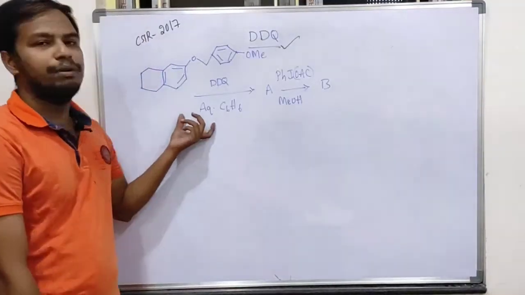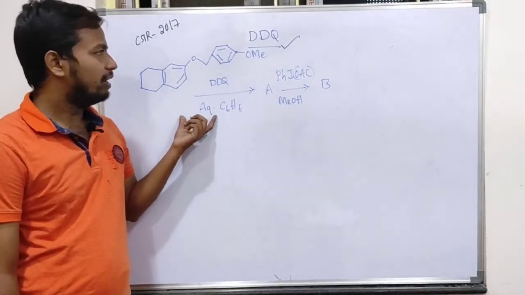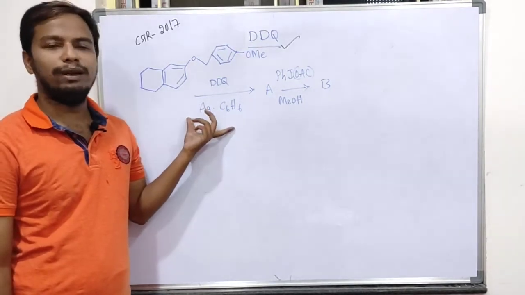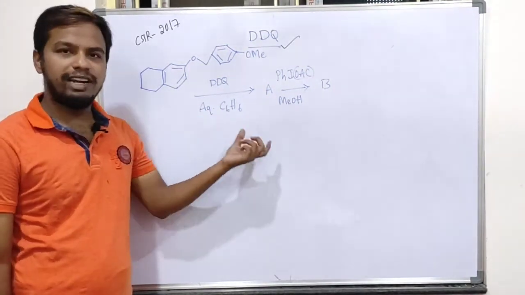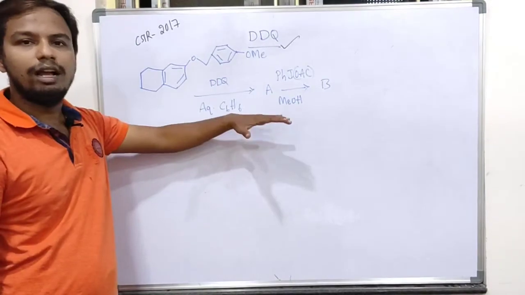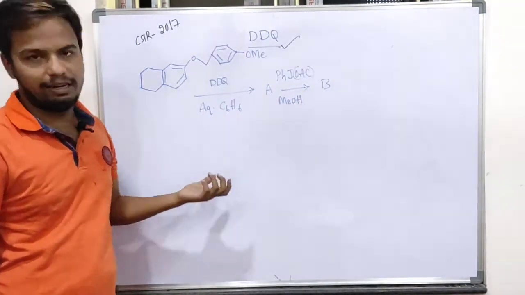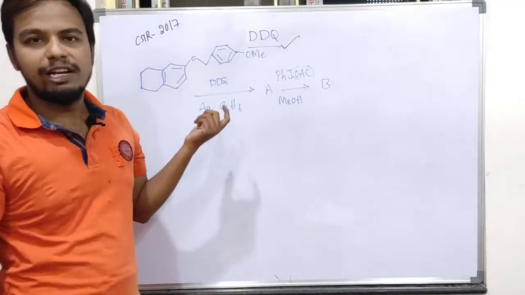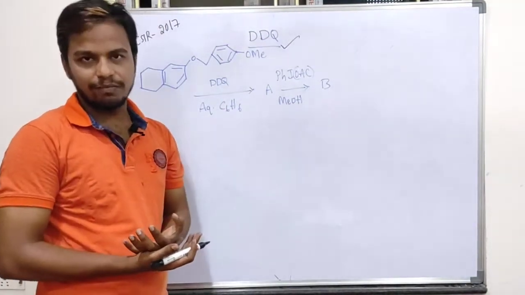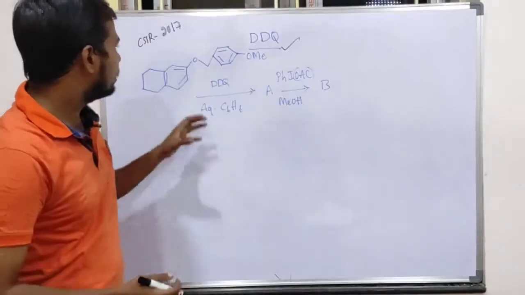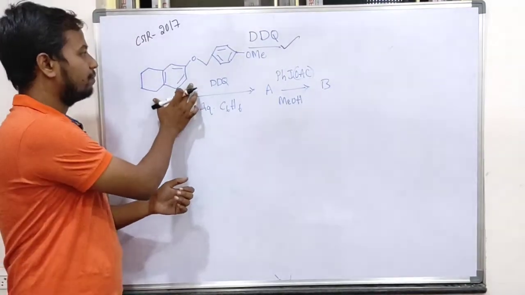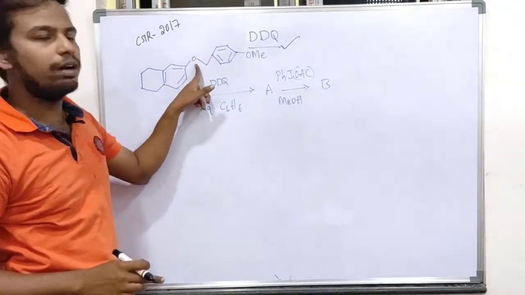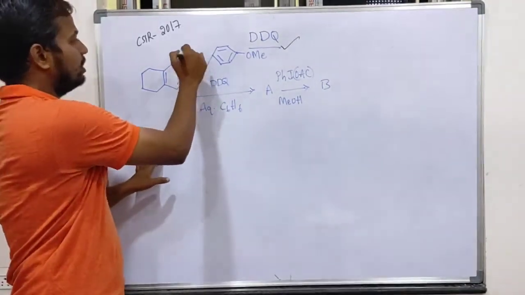Yeah, let's take a previous year CSIR problem and try to solve it. So from this single example we will learn dehydrogenation as well as deprotection. Both applications will apply here. Okay, so let's just begin. We know very well DDQ abstracts the most electron rich hydride ion. So the most electron rich among the species, let's check here. In the benzylic position, instead of carbon, oxygen is there. So abstraction is ruled out here.